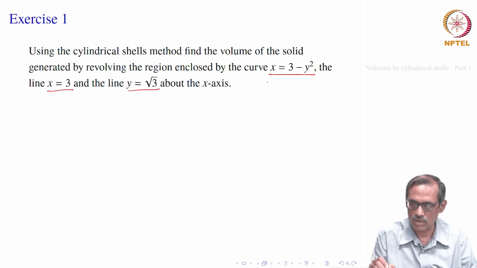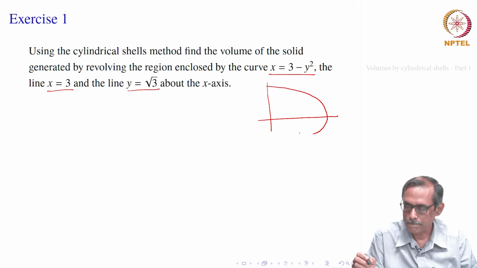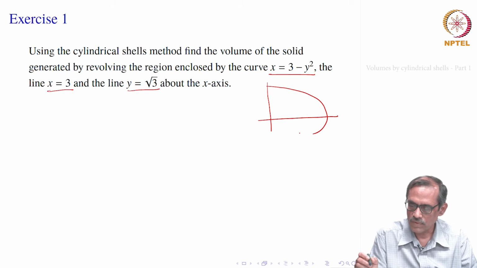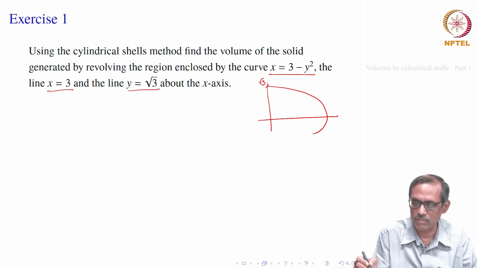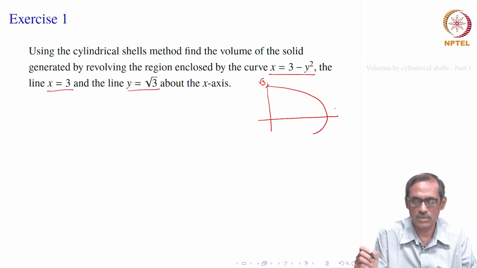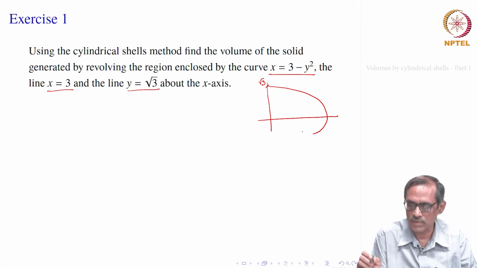We have x equal to 3 minus y square. So, that looks something like this, a parabola. Now, where does it cross the y axis, where does it cross the x axis? When x equal to 0, y is root 3 on the top, similarly minus root 3, but let us take one side only. Any one of them we can take really, because it will be a solid we will be obtaining. So, let us take the first quadrant itself. So, y is root 3 here, and when y equal to 0, x equal to 3.